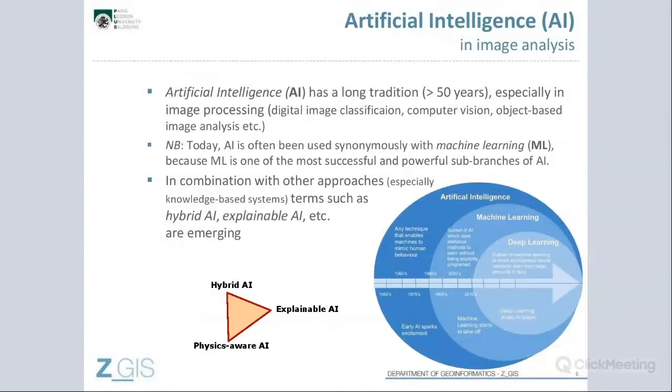From the first Landsat image recorded in the early 70s, we have the concept of digital image classification, which by and large is still the same. It's the conversion of reflectance values into meaningful information. So this has not changed at all. The general concept has been the same for several decades. Obviously, there is something new. Otherwise, we would not sit here, and otherwise we would not need GPUs.